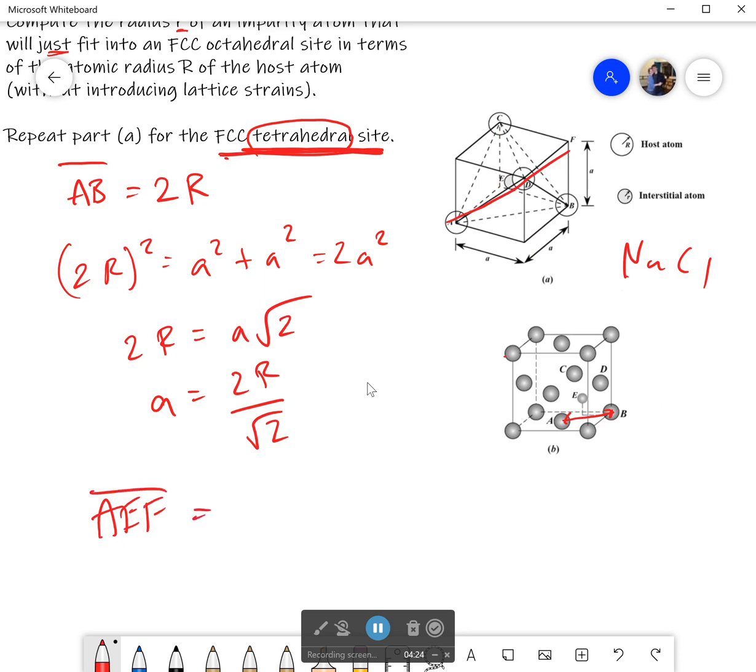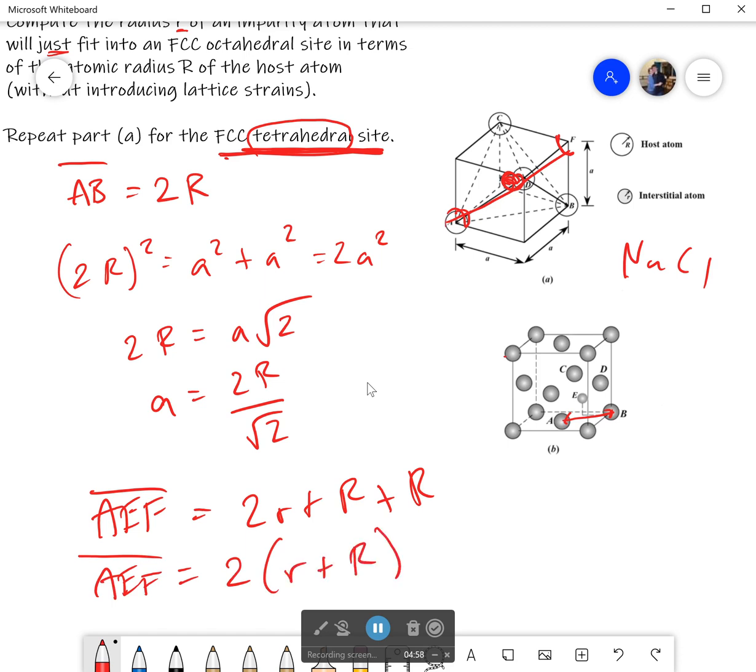would be equal to 2 times the radius of my little impurity atom, because we cut through that, plus the radius of this guy, which you can see, plus a radius from one that doesn't exist but could exist over here. Just like theoretically, if we were to flip it around, this guy right here in the center wouldn't move, but we can move this one over here and it still wouldn't be touching. So that line, AEF, that's going to be equal to 2 times small radius plus the big radius. Okay,